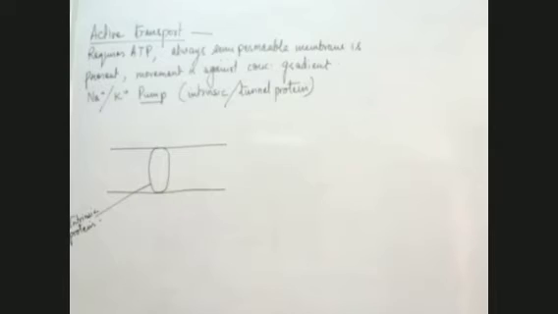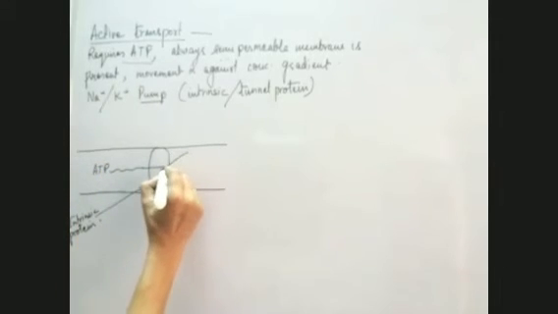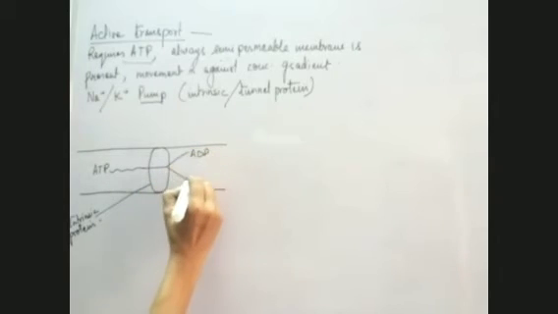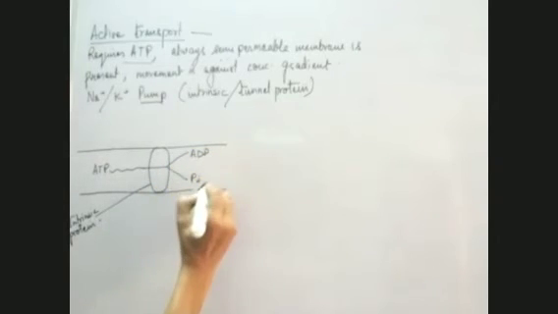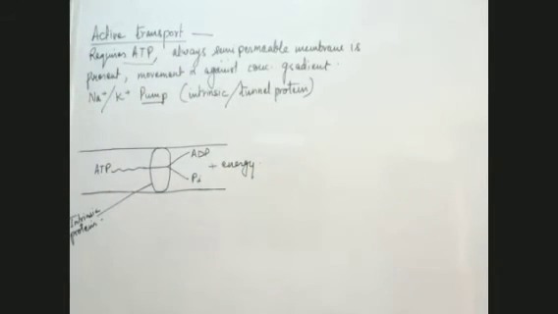The movement of sodium and potassium has to take place. Now how does this movement take place? As it is active transport, it requires ATP. So ATP is utilized. How is this ATP utilized? The ATP gets broken down into ADP and P, inorganic phosphorus, with the release of energy. And this energy which is released by the hydrolysis of ATP